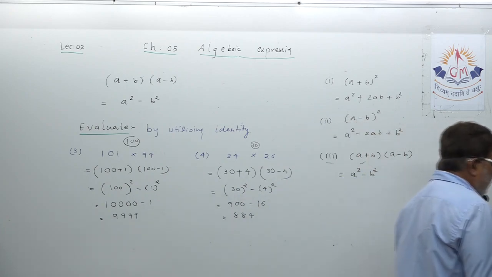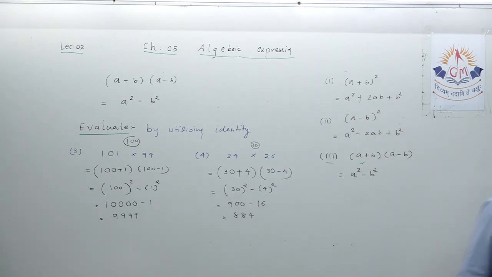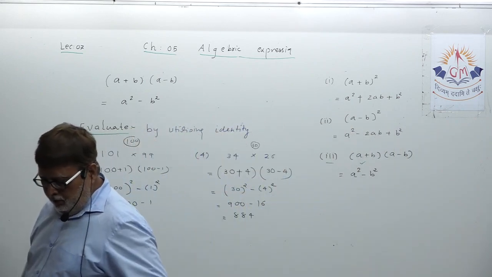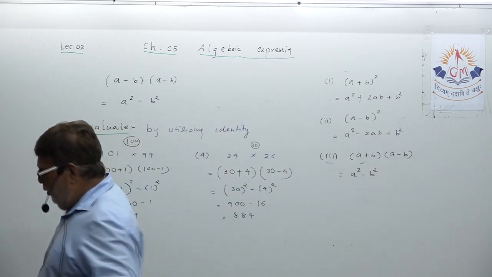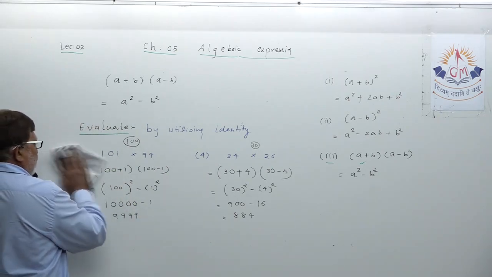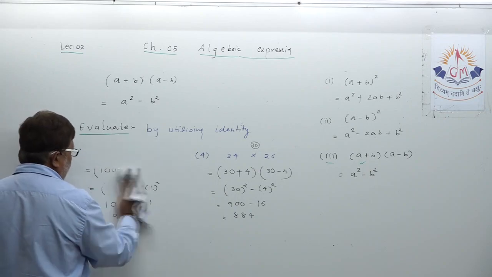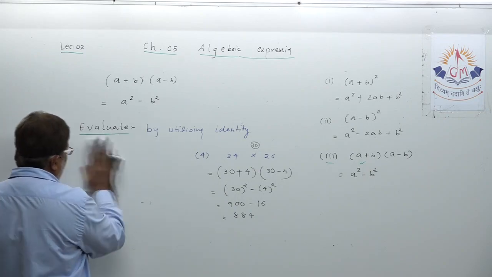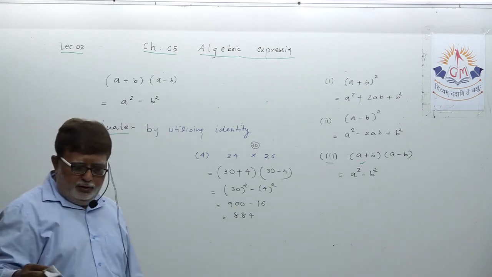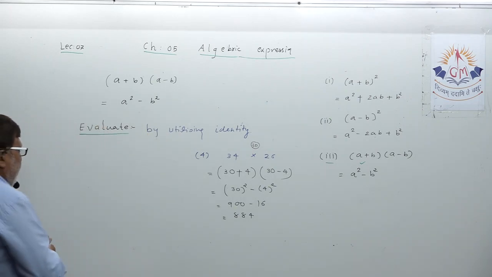Always think of a common number. That's compulsory. You have to always imagine a common number between the two, and you can't do simple multiplication of both numbers because the instruction is strictly to use the identity. Okay,